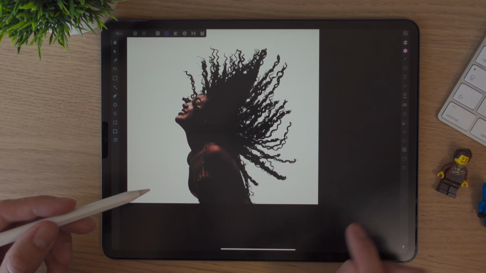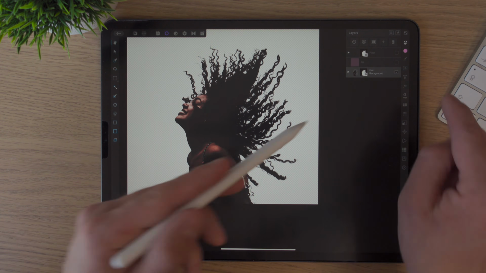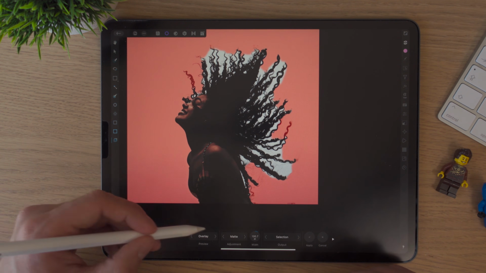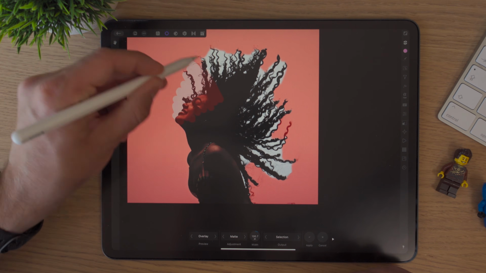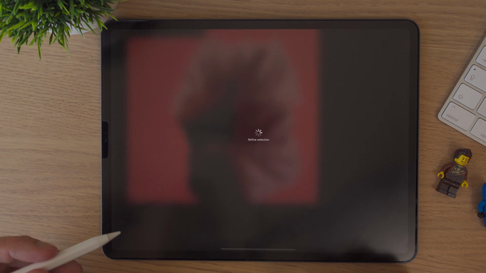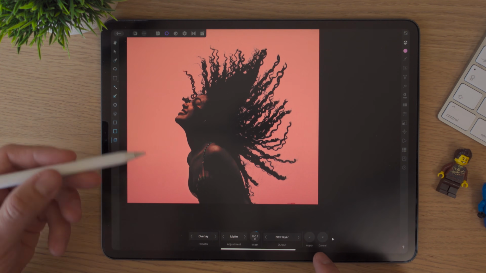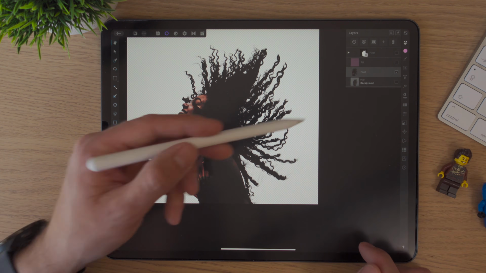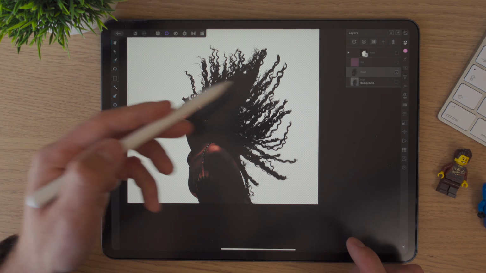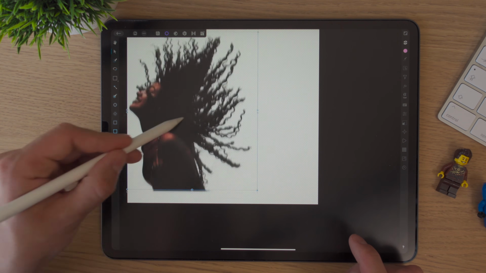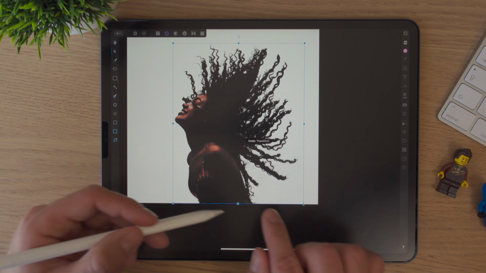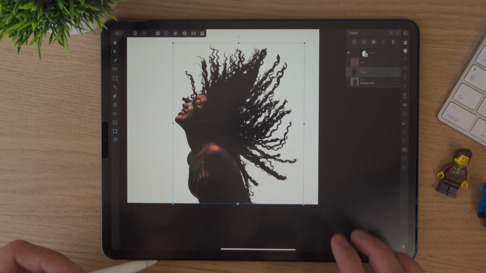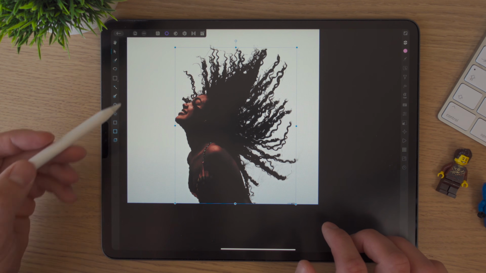If we do mask, it will apply a mask to the layer we were working on. If we go back, again, we're just going to have to do this every time. I'll maybe speed this up. New layer, which is what we did with our Harry Potter subject just a few minutes ago, and hit apply. It will just make a new layer of the cutout. So not masked, so completely cut out, and there's no way of getting that information back, but we still have the layer below it if we do want to work it. So we'll go back again,